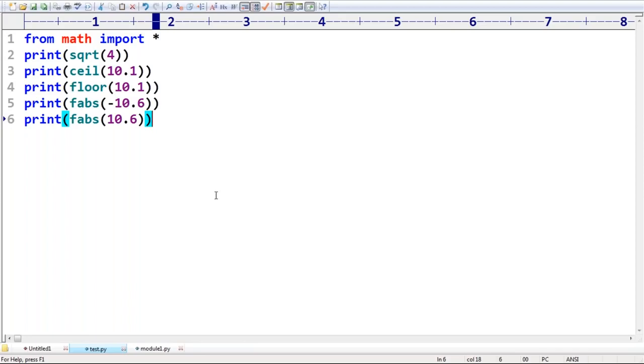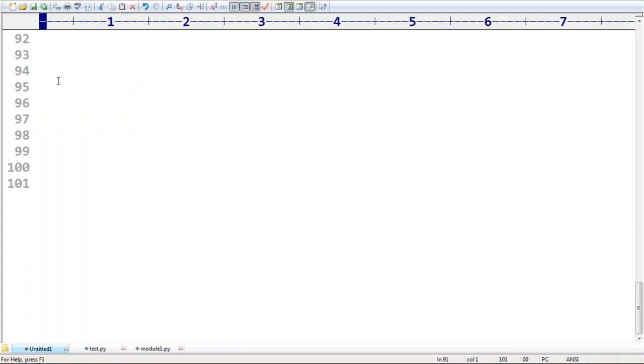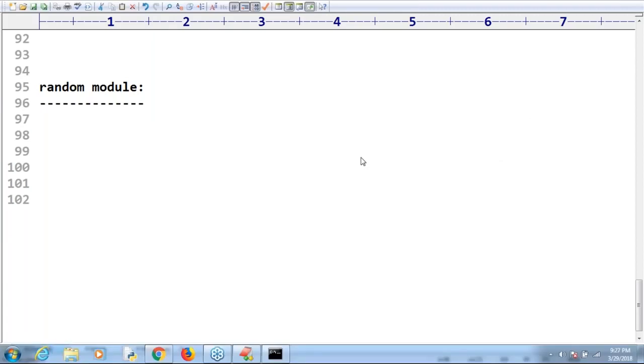Okay. Next, what is the next thing we have to talk about? Working with the random module. A very important one, sir. This part we will discuss in the next session because there are multiple things I will explain. Around 5 or 6 methods, functions are there. With that, only one session. By tomorrow, I can complete this concept, sir. So with the random module, the modules concept is going to be completed.